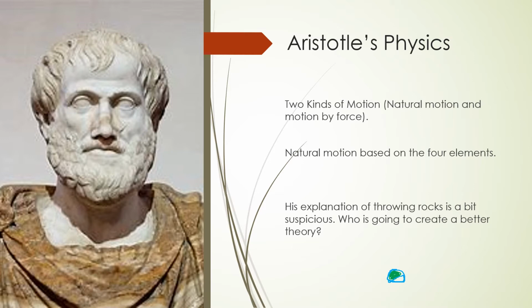And then way up out here you have the ring of fire. And essentially he's saying that the stars and the planets and the sun are made of fire. And so whenever you light a fire here on Earth, that fire wants to escape to its natural place, and so it's going to rise towards the sky, towards where fire naturally goes. And so he says all natural motion is based on these four elements returning to their natural place.